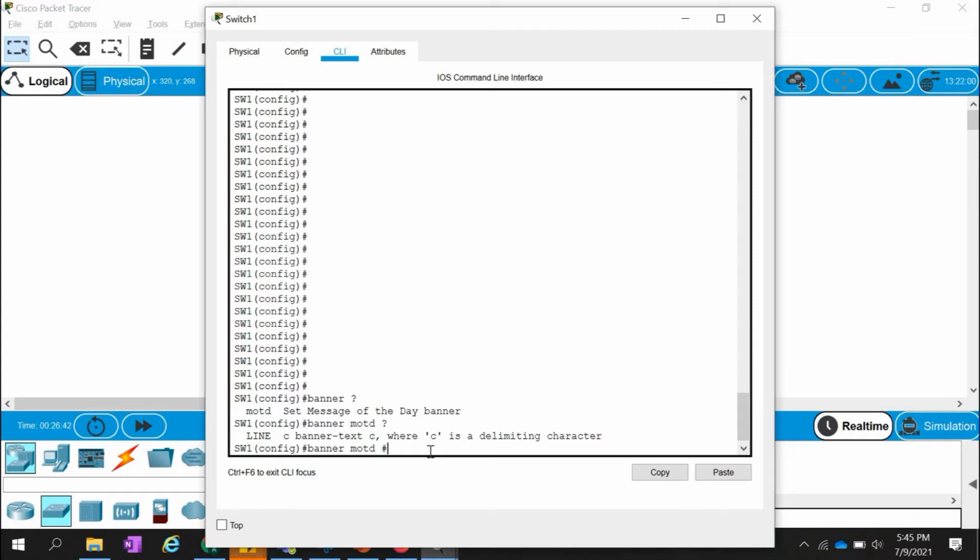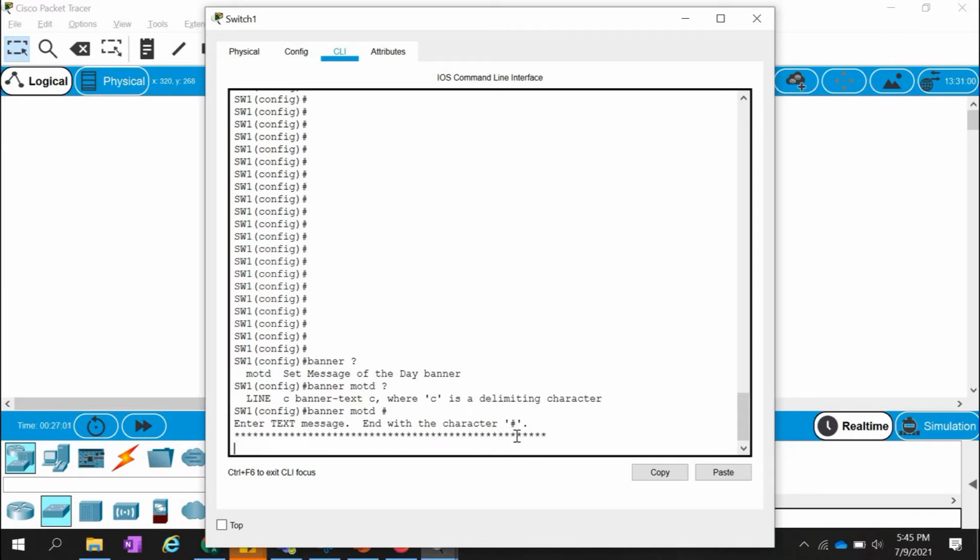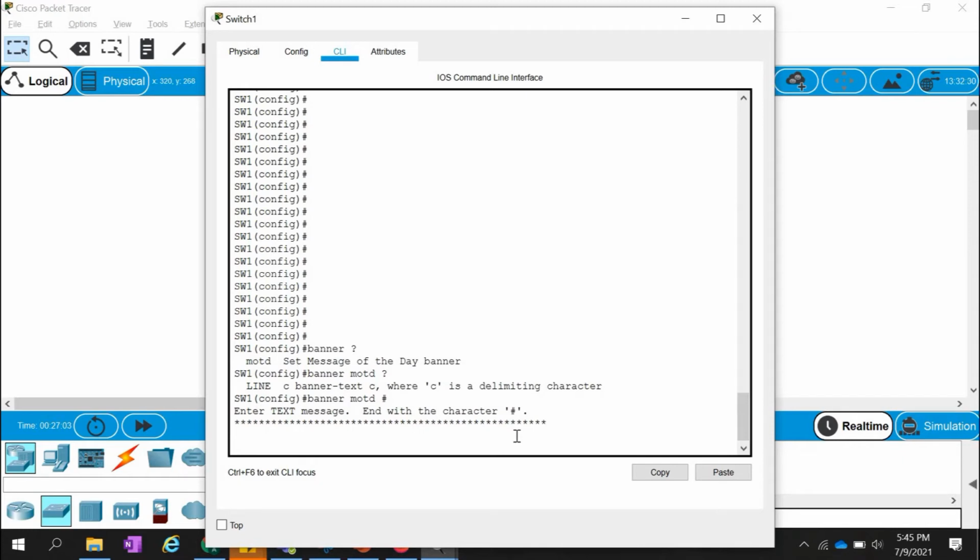Okay, so if I press enter now, whatever we write after that will be part of the message. That will be the banner message. If I press enter, it is giving you "Enter text message, end with character hash." So after that, whatever I am writing, I am putting it with a lot of stars, and I write